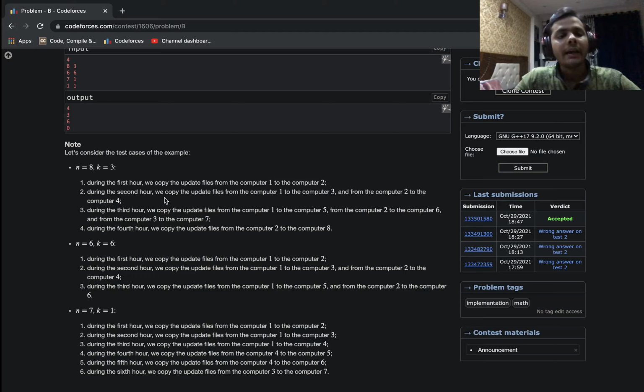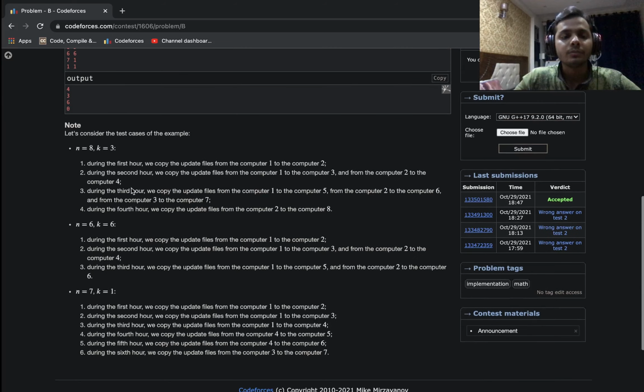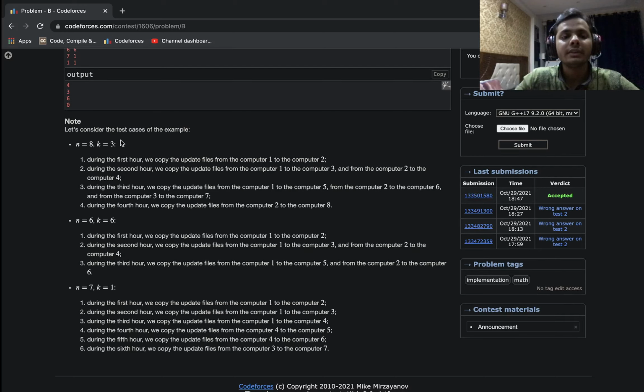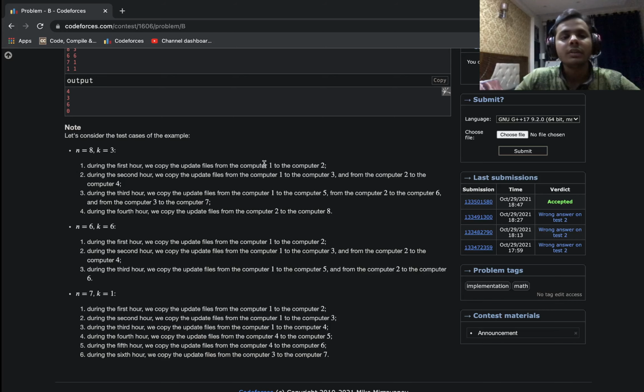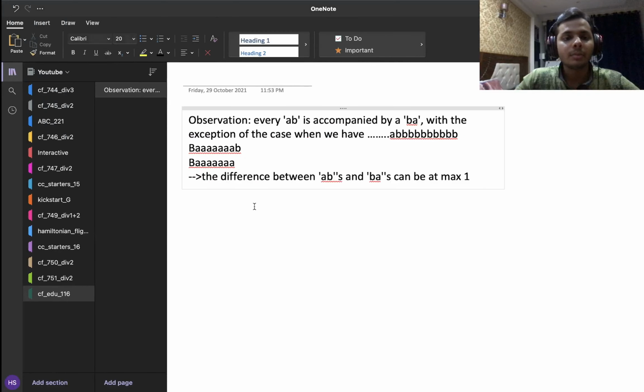Now I have 4 computers, but the number of cables is only 3. So obviously I can't connect a cable to all my active computers. So I'm going to choose just 3 computers out of the 4 which have data, and I'll connect the other ends to the computers which don't currently have the data. After that, I'm going to have 7 computers which have data, and I'll be done with 3 hours. In the next hour, I'll just take one of the cables from these 3, connect it to computer 7, and transfer the data from 7 to 8, and be done with it. So this is how this example is working, and let's make some observations here.